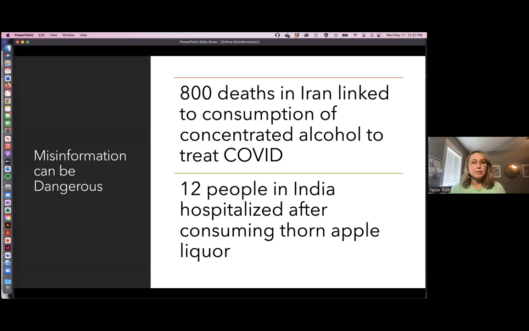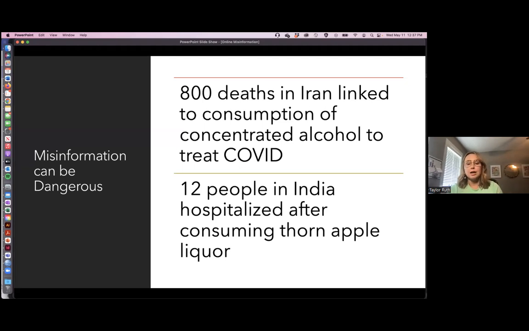And we've really seen that, especially with the COVID-19 pandemic, how that information was being spread online and how it impacted members of the public and decisions that they were making. It actually became referred to as an infodemic in some cases because there's just so much information out there about COVID-19 and treatments and prevention that people were just overwhelmed with information and weren't always making great choices. There was a case in Iran where people believed that if they consumed this really concentrated alcohol, it could treat COVID, and it led to several hundred deaths.